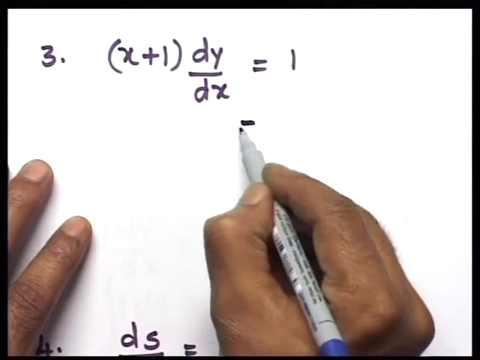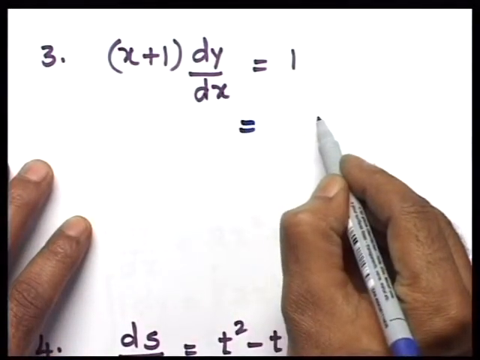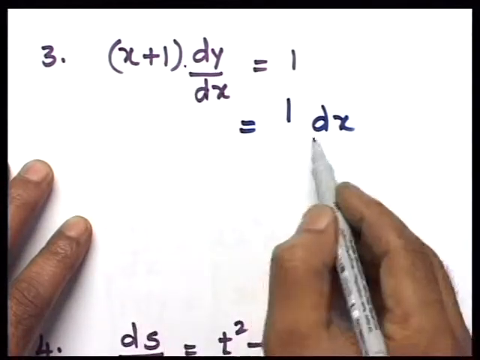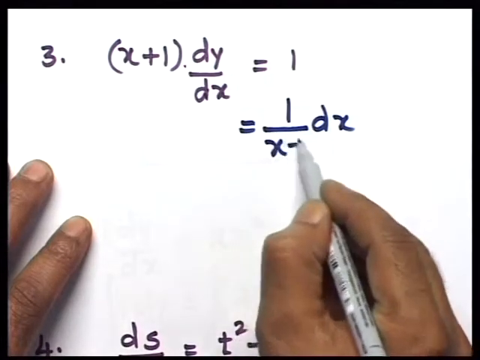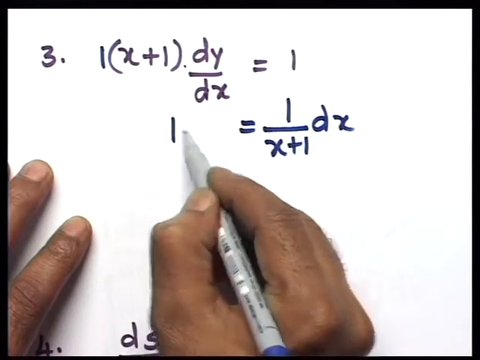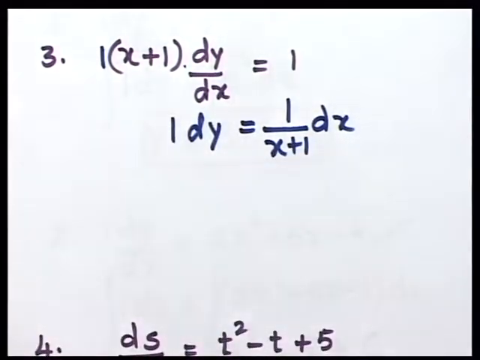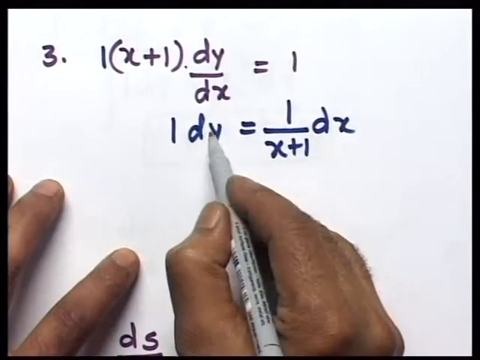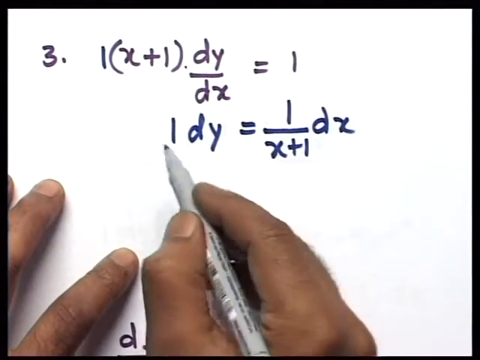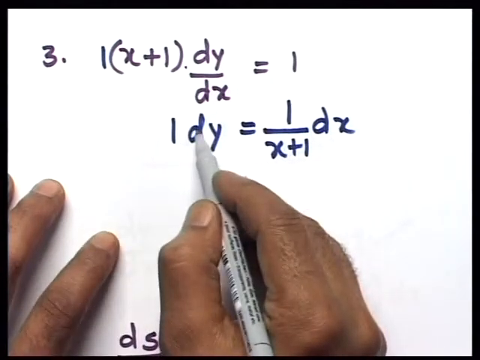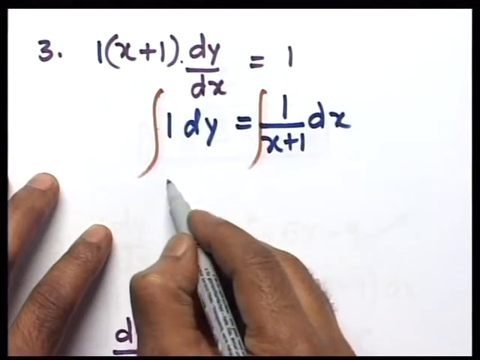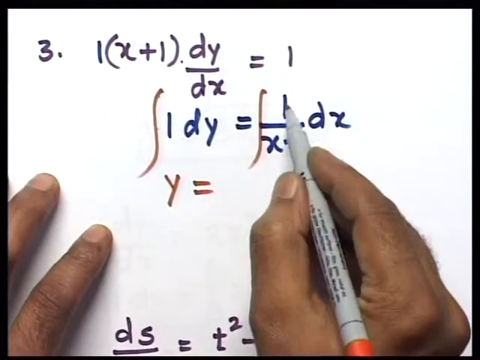So I'm going to move dx to the right hand side, keep the 1 there, and times x plus 1 becomes divide by x plus 1. Left hand side there is nothing, meaning it's 1 in the front, so you have 1 dy. We copy that, that's it, we achieved our aim, dy dx, right? All x's must be on that side, all y's must be on this side. Integrate, done. Integration of 1 over x plus 1 gives y equals